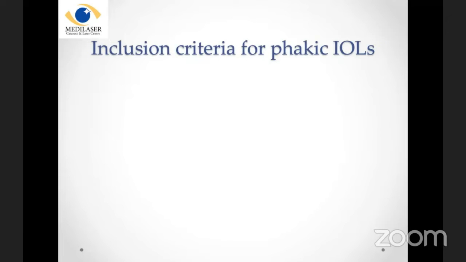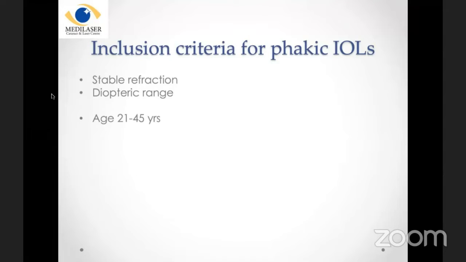But what's the inclusion criteria? First, before any refractive procedure, the stability of refraction, not more than half a diopter change in the past year. Like Dr. Aarti covered the dioptric range, usually the Star Vision ICLs can correct up to 16 diopters. They're available now up to 18 diopters for myopia, whereas the IPCL is available up to 30 diopters of myopia with almost 10 diopters of astigmatism. Hyperopia is tricky, but the IPCL is available from plus 15 diopters dioptric range, and a presbyopic version is also available with the IPCL.